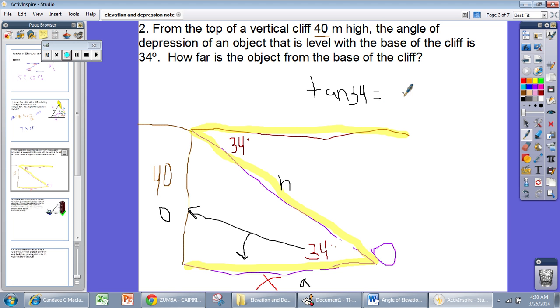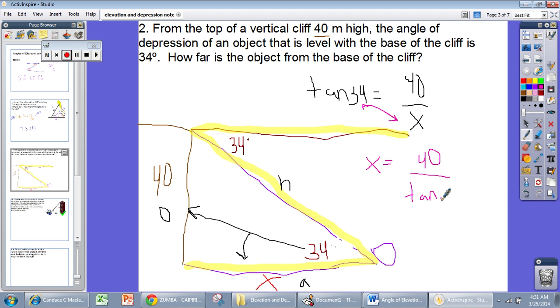And opposite comes on top, so it's going to be 40 over x. Now, remember when your variable's at the bottom, we have a little bit of a problem. We're going to just switch our spots. So the x and the tan of 34 are going to switch spots. So we get x equals 40 divided by